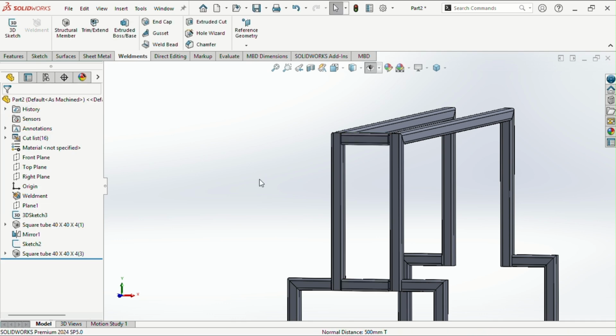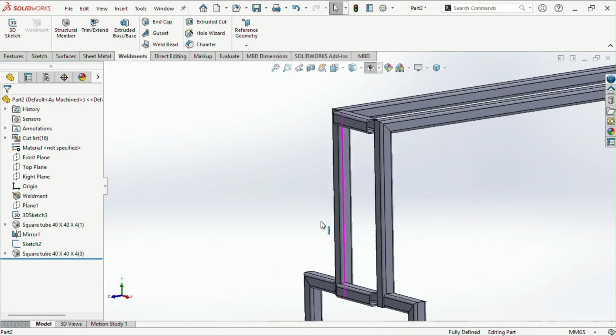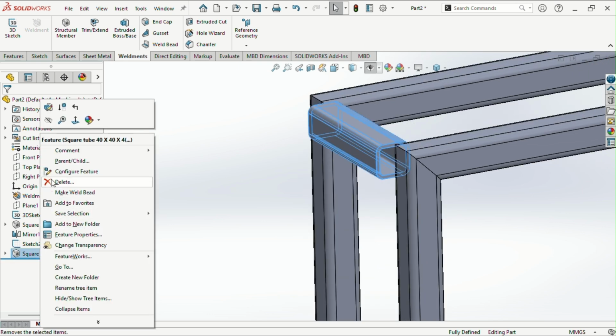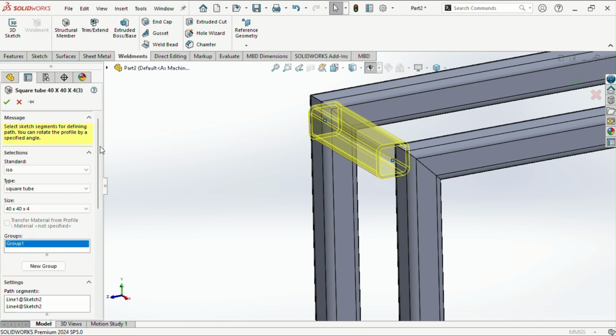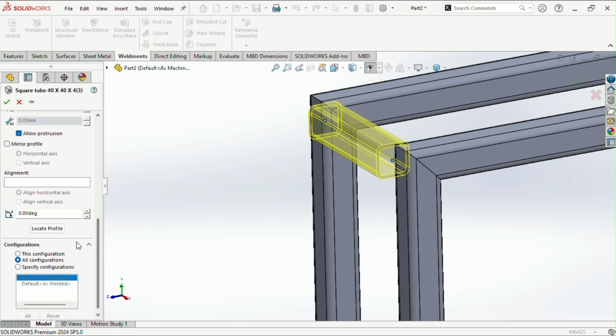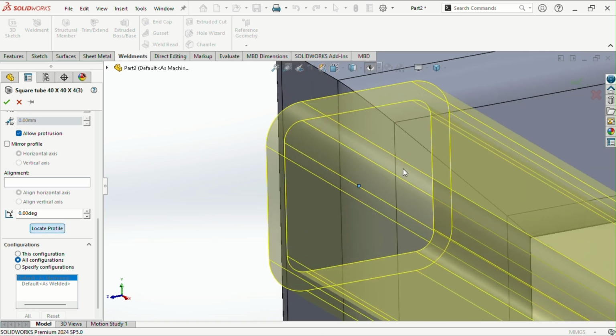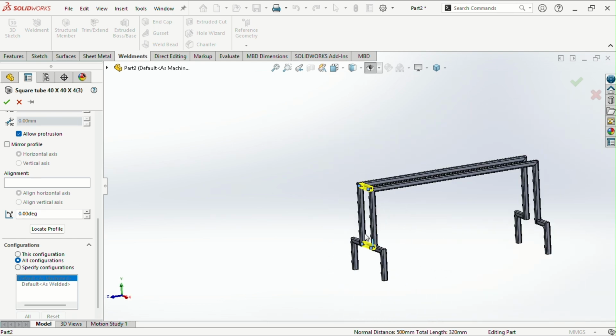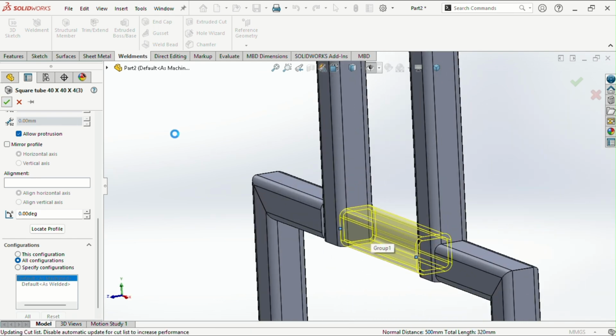Okay, I want to tell you something while designing. First I will tell you what is happening here. We have a feature here, locate profile, so we can locate the profile of this square tube. Okay, just select this side, so it will shift to this. Okay,